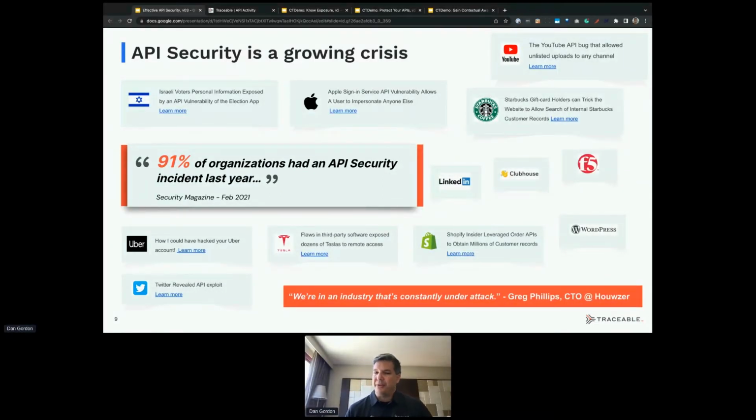Now, I know usually we don't want to put companies on pages that have had security issues. I think this is about learning, not ridiculing. And I say that specifically because all these companies are aware of the value of their brand. They're aware of the importance of protecting their company and their customer data.